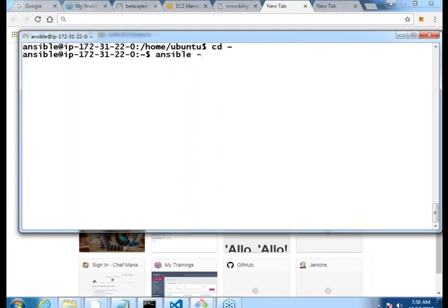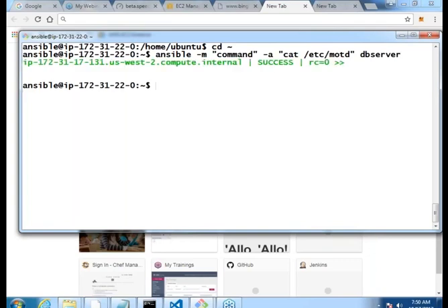Ansible -m, I want to execute a module called command, and for that I want to give an argument, any argument, cat /etc/motd, and I want to execute this on DB, on one machine. When I do it, it says that it is success.